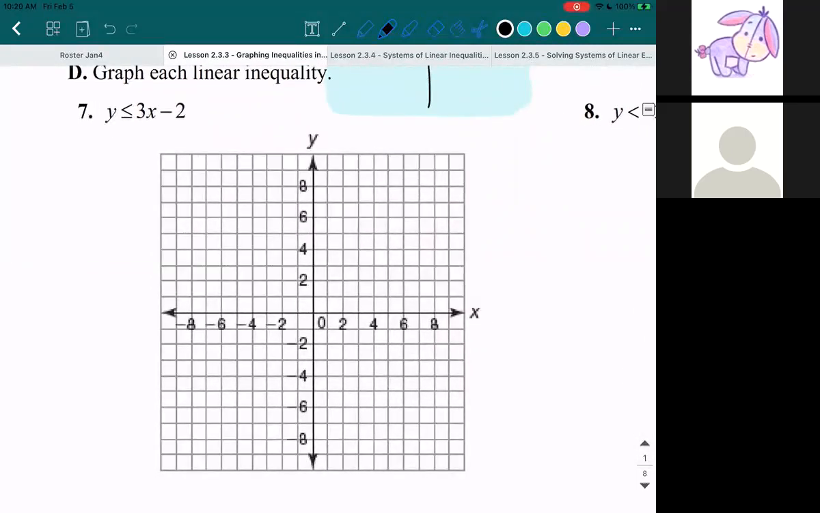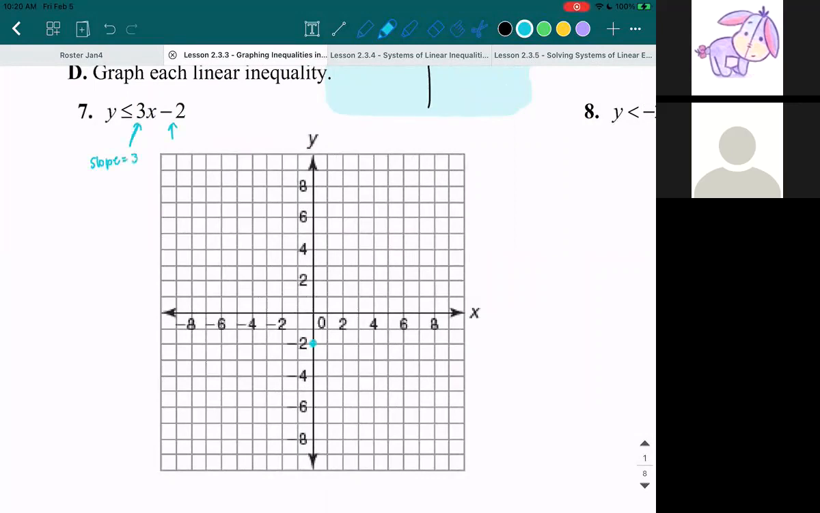Okay, so starting off with our y-intercept, that is the minus 2, so negative 2. I'm going to go down to negative 2 and put a dot over there. And then we have our slope. Remember, the slope is the number in front of x. So our slope over here